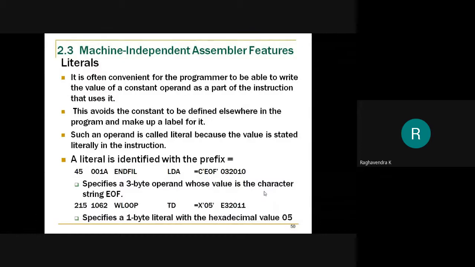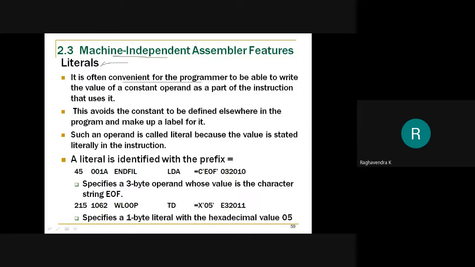Okay, so in the last session, we discussed the concept of machine independent features of assembler. In that, we have seen three different concepts, right? We consider these machine independent features because, as I said, they are not exactly dependent on the hardware of the machine. They are basically providing convenience for the programmer. So this is one of the concepts that we are supposed to discuss.